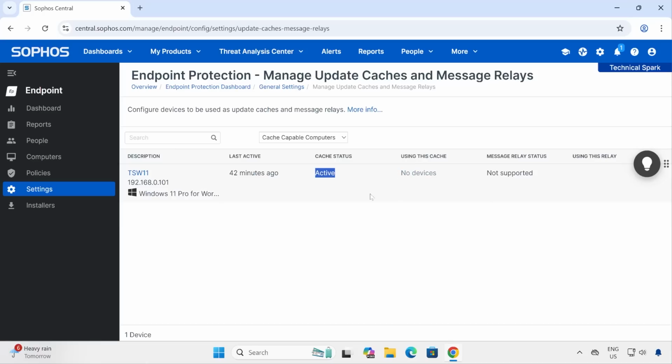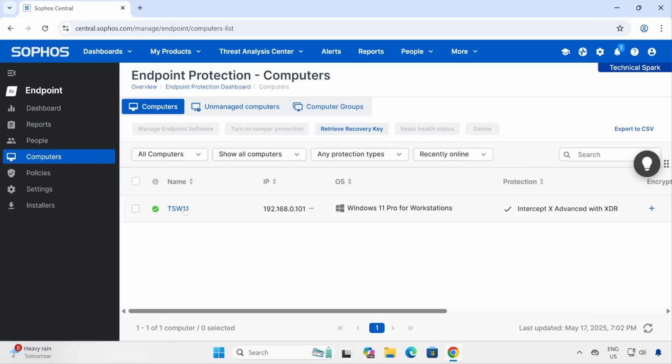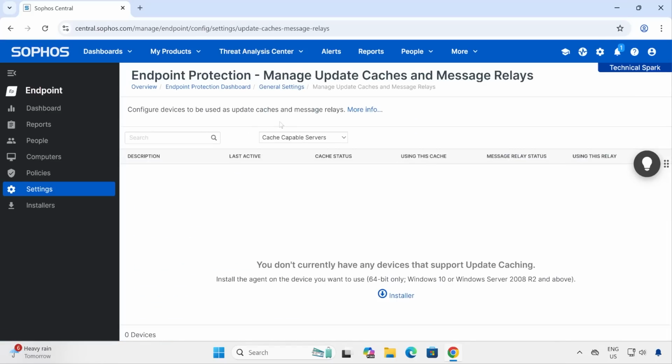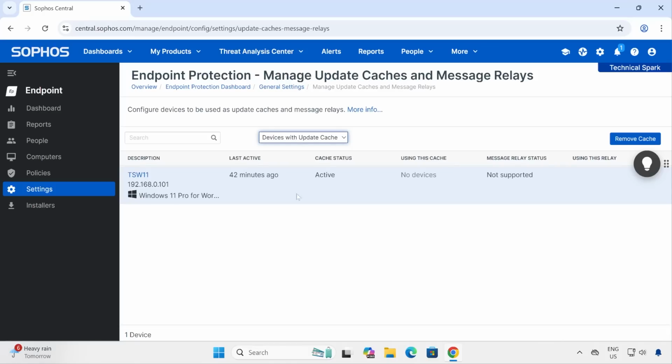Using this cache, currently we just have one computer in our environment, and that is also the cache server. So that's the reason when we go to the settings, under this update cache, it shows that none of the systems are using our cache. But once we add, or let's say install, more devices in my environment, it will show that a few of the systems, whichever are nearby, are using this particular cache. So things are very easy, guys, and you don't have to do any other configuration in settings, because whichever systems are nearby to this machine are going to use it